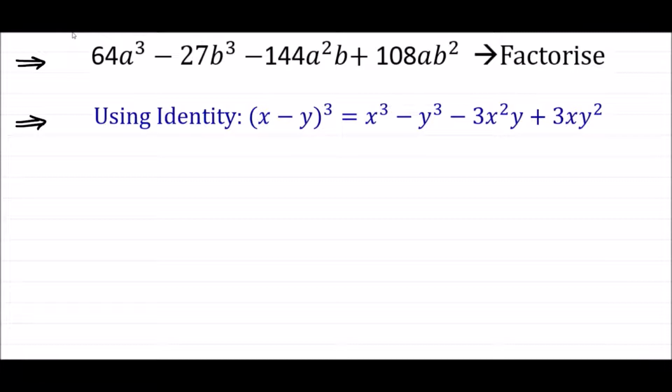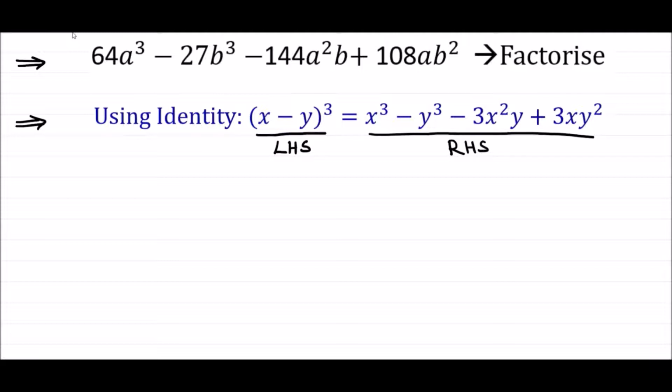If you look at the given identity, we have two sides. x minus y whole cube is the left hand side of the identity, and x cube minus y cube minus 3x square y plus 3xy square is the right hand side. If you compare the right hand side of the identity and the expression, you will see that both are really similar. So we are going to start with the right hand side of the identity and solve the given expression, so that we reach the left hand side of the identity and get the value for the given expression.